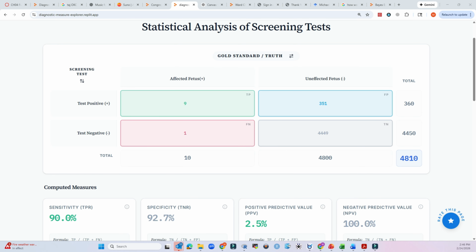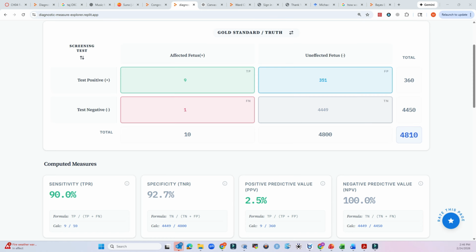Below the table are tiles that contain calculations for these quantities. Hovering over the sensitivity tile highlights the table elements that are used in that calculation. Not only does it calculate the 90% sensitivity, but it gives me the formula in terms of the true positives and false negatives that are used in that calculation, and then the calculation as it pertains to our specific numbers